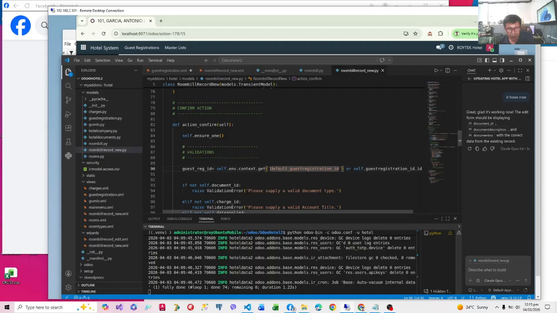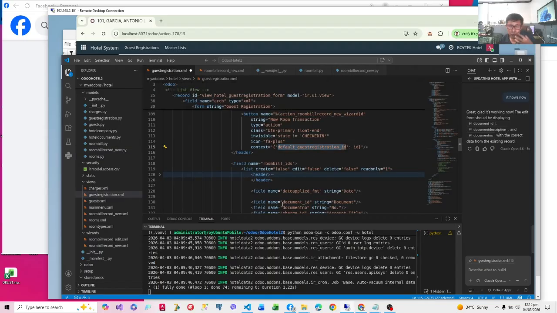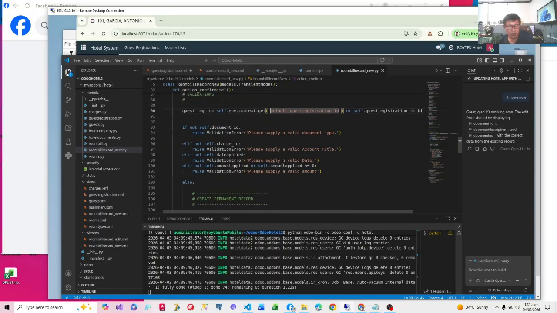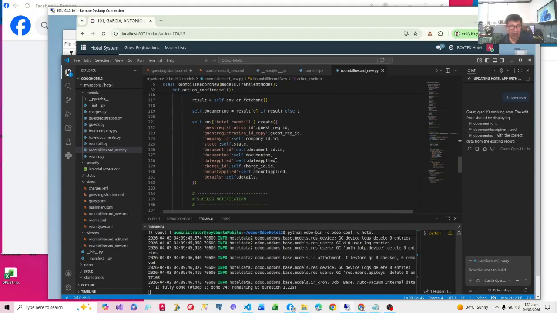We get the value of the context variable default guest registration ID, which we have saved from guest registration XML when the button is pressed. Therefore, the wizard will have a copy of the primary key, which it will use to save the record in the actual model, because it will be saved in the actual model with this primary key. I hope you follow.